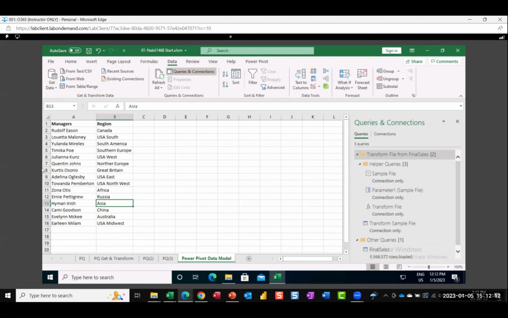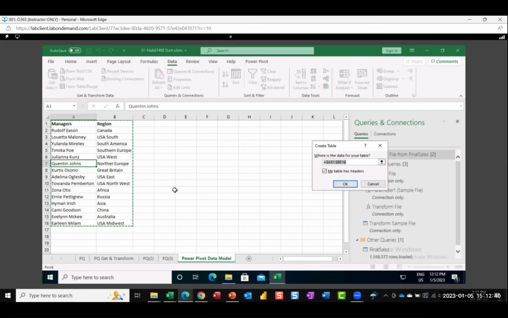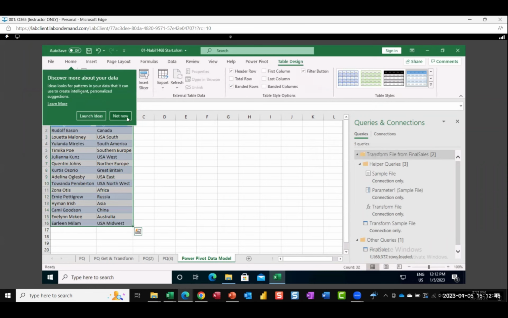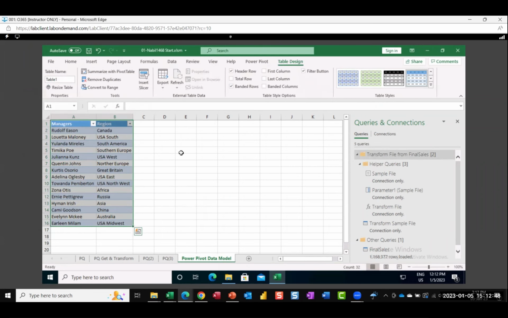Back to Excel, I have a table which shows managers and regions. And because my goal is to calculate the revenue for each region, then I need to send this list to Power Pivot, the data model. But in order to send it to Power Pivot, I have to convert it into a table. And we learned the shortcut Control L, followed by hitting Enter. I converted my list into a table,